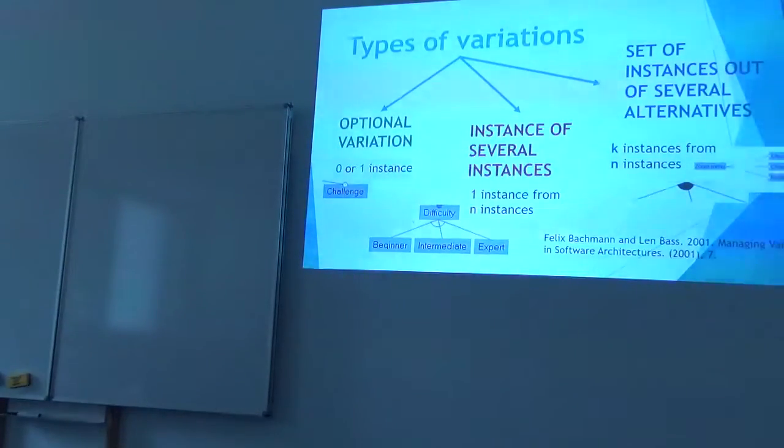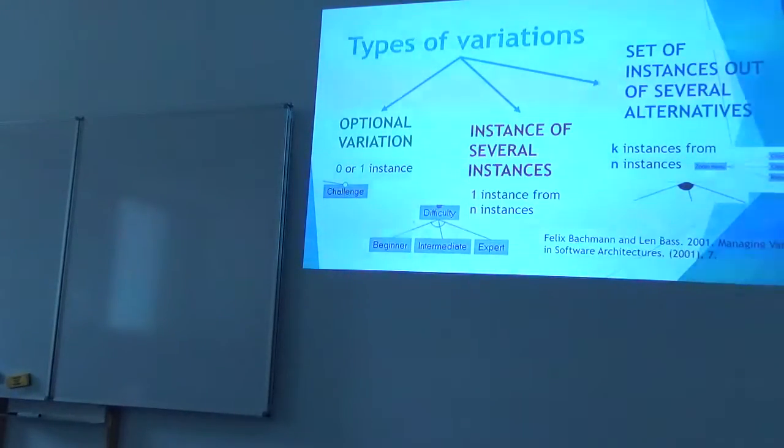And at this point it is necessary to enumerate the many variation types. As you know, there is optional variation where we include or do not include a given instance, a given feature, inside a given product or derivation. Or there is the possibility to